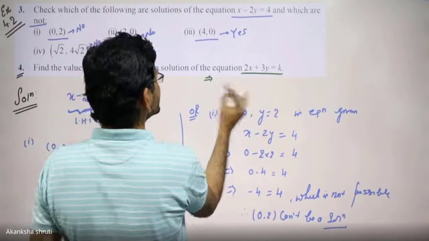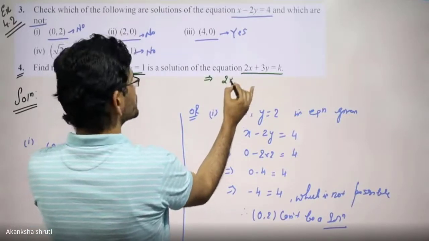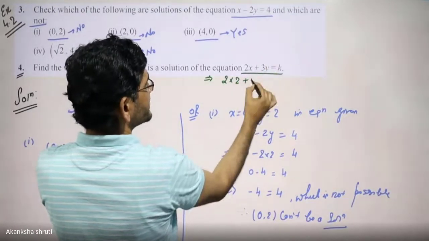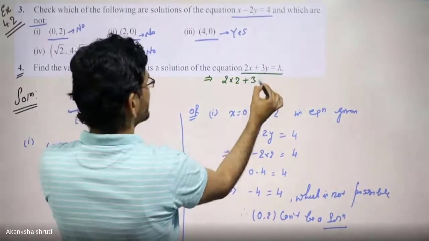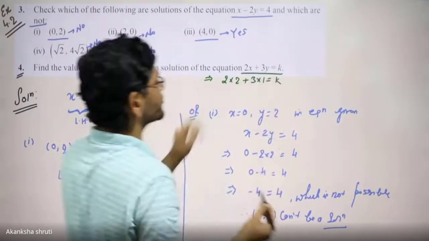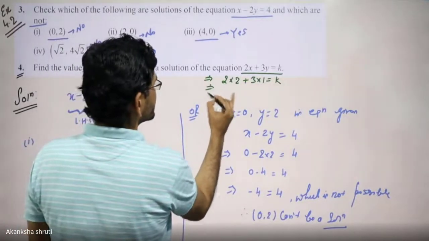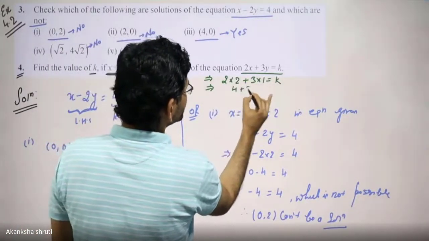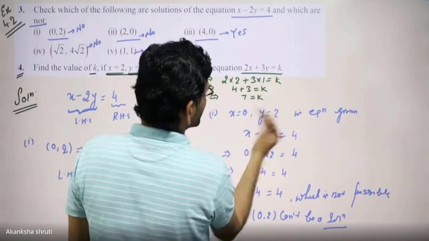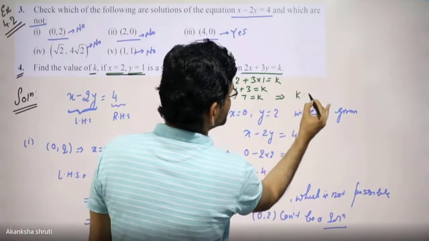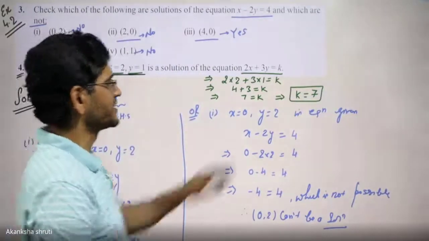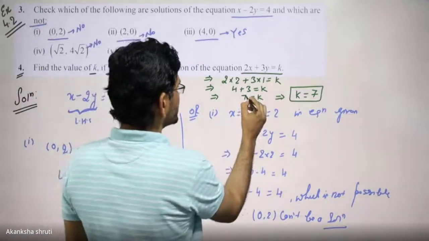This means substitute x equal to 2 in this equation and write the other terms. The y is our 1, so substitute 1, and this k has to be calculated, so k has to be carried as it is. This implies 2 times 4 plus 3 is equal to k. This implies 7 is equal to k. This implies k is 7. So 7 is equal to k or k is equal to 7 mean the same thing, just changing the side.